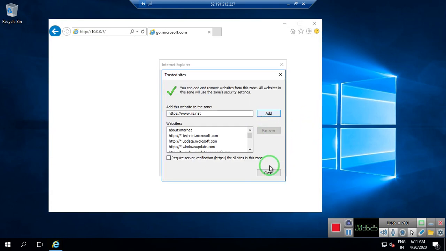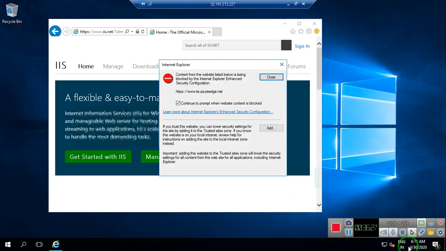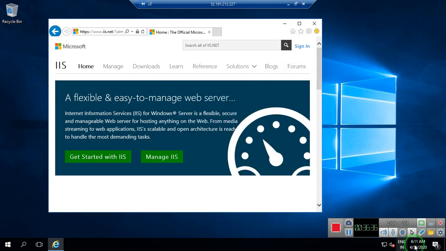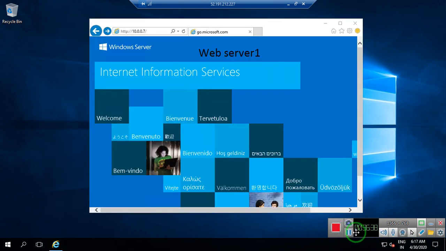Now let's wait till 6:15 and see. Now you can see that I just try again. It's around 4 to 5 minutes past. Still it's showing me server 1. Sometimes it happens; it takes more than 4 minutes. I waited only 4 minutes.